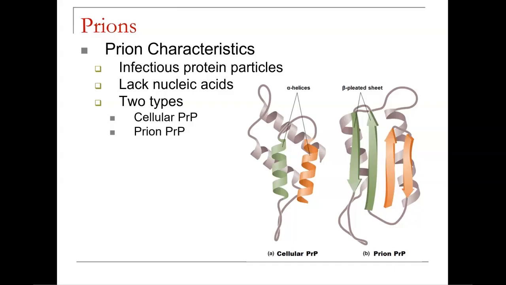They are going to be replicated by converting similar normal proteins into new prions. And so these are going to use enzymes to refold that cellular PRP within the cell. This is going to cause spongiform encephalopathies. With these encephalopathies, you're going to have fatal neurological degeneration, and right now we have no treatments available for